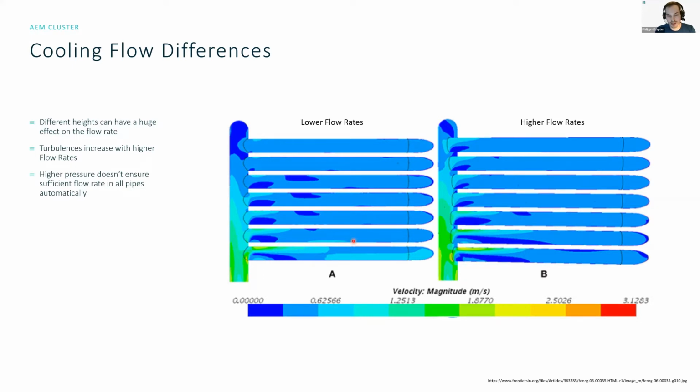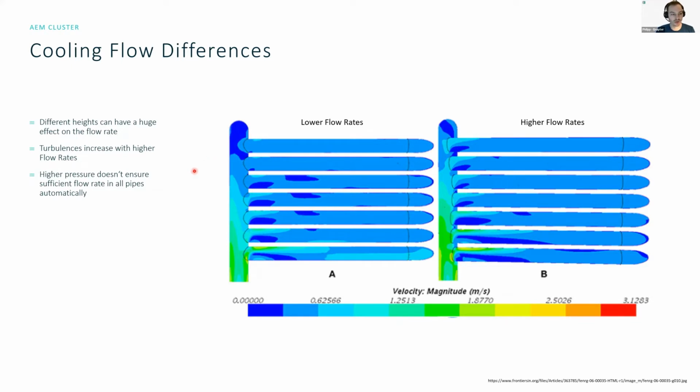But when we then think, okay, let's just increase the flow rate and make sure that we also reach a specific flow rate in the upper electrolyzers, this is not actually 100% solving the problem. What we can see is more turbulences in the lower electrolyzers, but only a small increase in the higher electrolyzers. And here we also have these dark blue areas, which are increasing. So that's not really what we want.